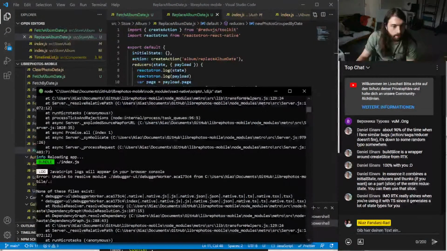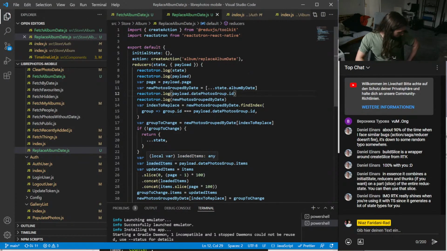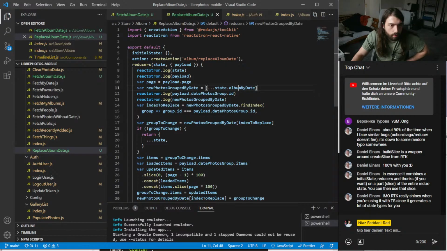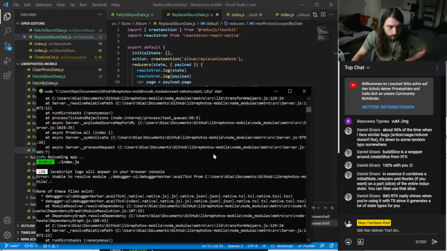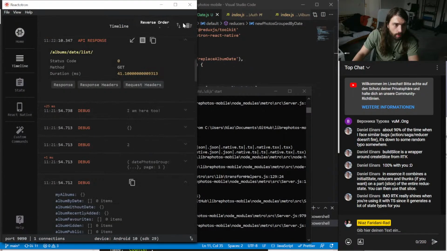Album by date. It's still starting up. Okay, reload. Let's get rid of that.